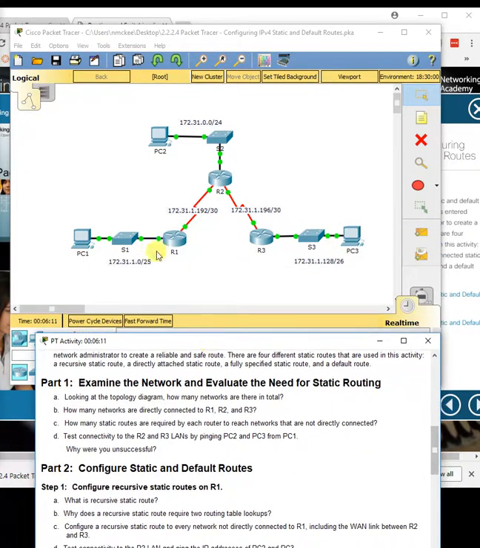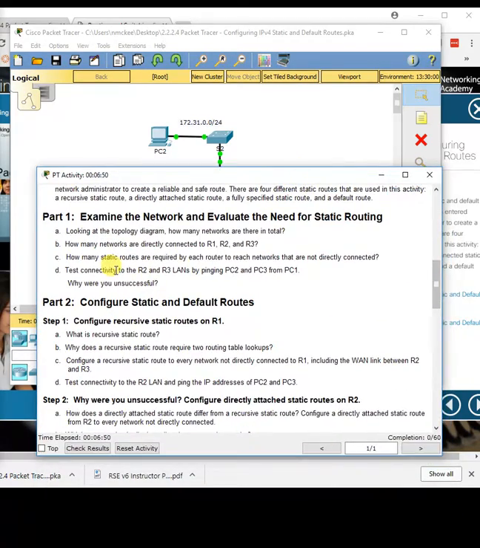Alright, let's see. So router 1 will need a static route to, because it can see this one, it can look at that one, it can't see this one up here, it can't see this one, it can't see this one. So that would be 3. Router 2, it's actually connected to this one, this one, this one, so it can't see 172.31.1.0, and it can't see 172.31.1.128. So it can't see 2. Alright. So it says go ahead and test connectivity